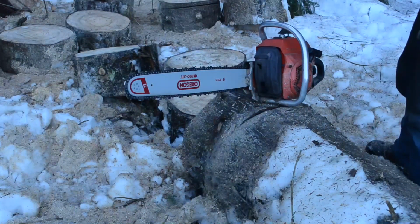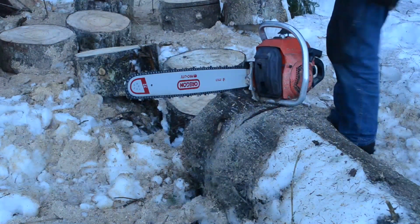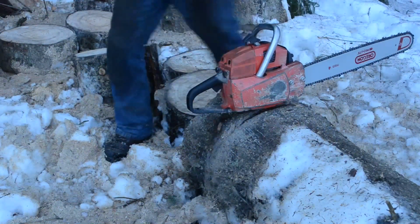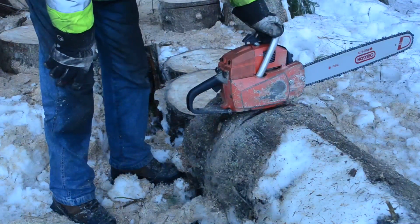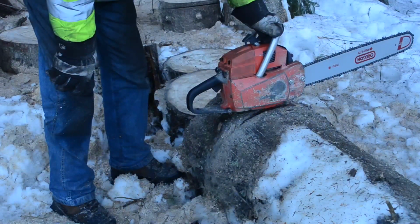So there is a lot of wood here now for many days to keep heat in the house. So I don't know, a 50-year-old chainsaw or something. And it's pretty cool that you can still use it. I guess even though it uses a lot of fuel, it is an environmentally good thing that you don't have to pollute the earth by making a new chainsaw when you have a 50-60 year old chainsaw that's still working and is good for the next 50 or 60 years. That must be eco-friendly,